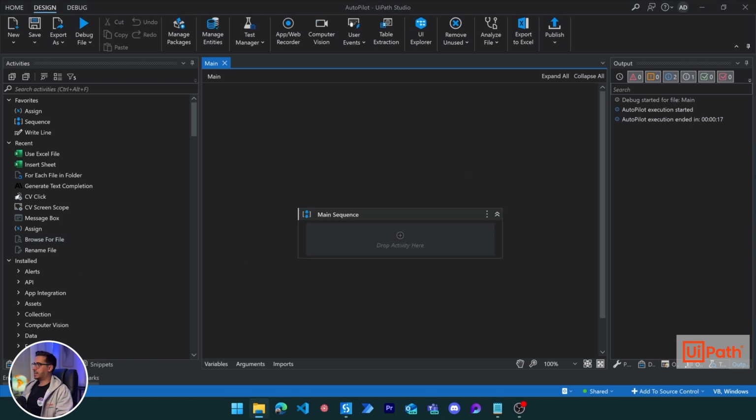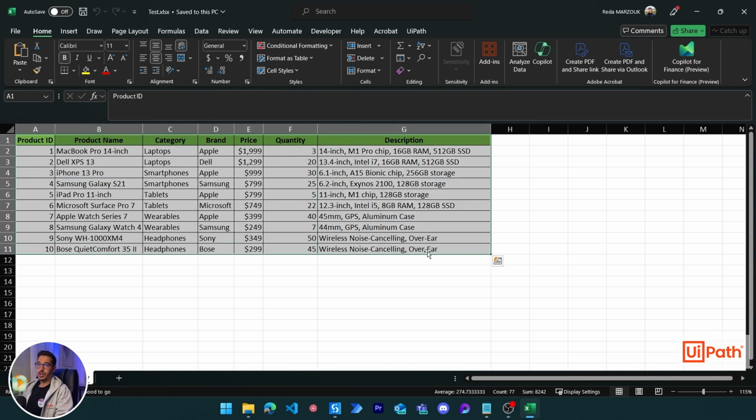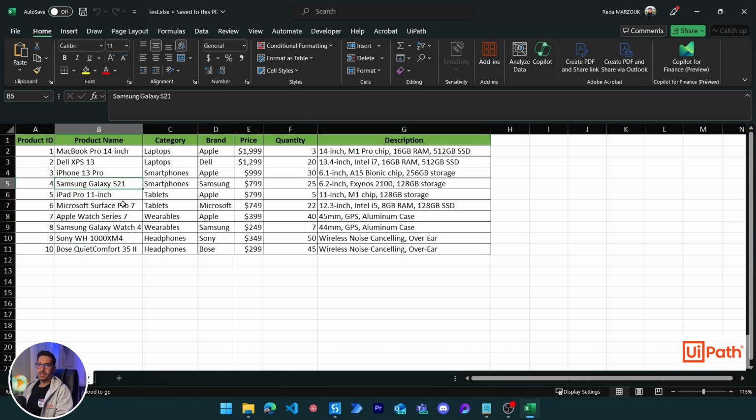Let's delete this. It is going to be a use case where we are going to read this Excel sheet. This is, let's say, a small shop inventory, and we basically have some products and some quantities. The goal of our process is to read all of these products and filter this table to keep only the products with quantity less than 10, meaning the products where we are running short, and then send an email